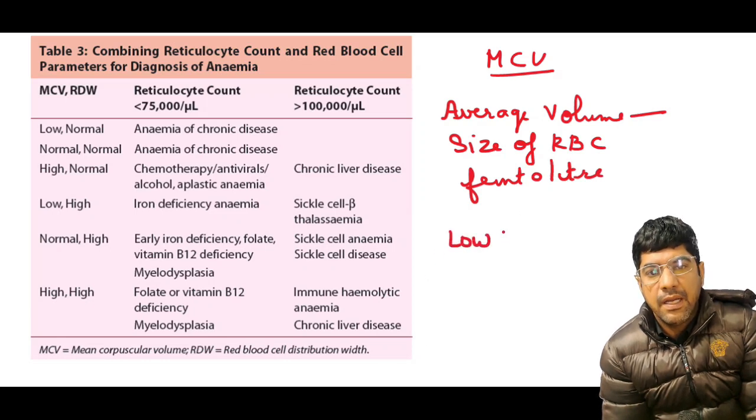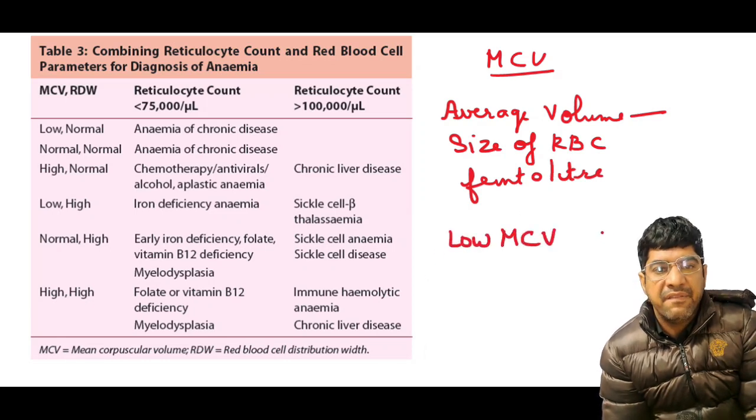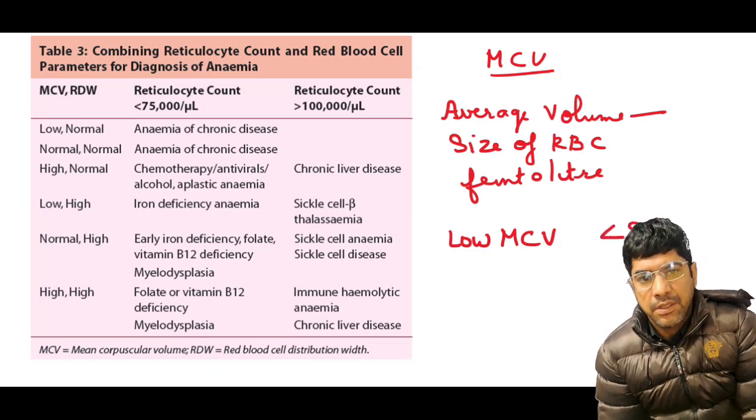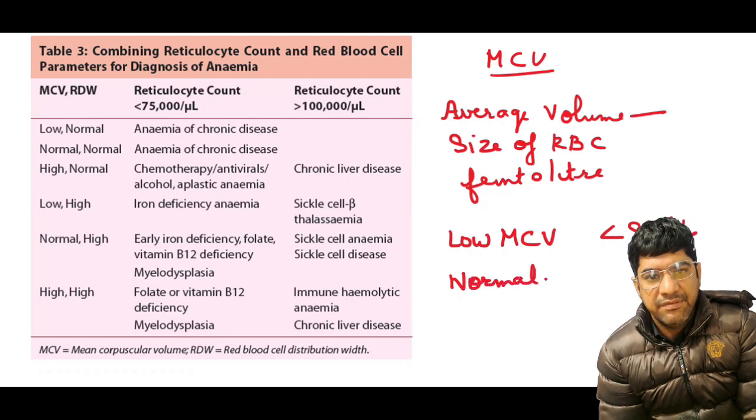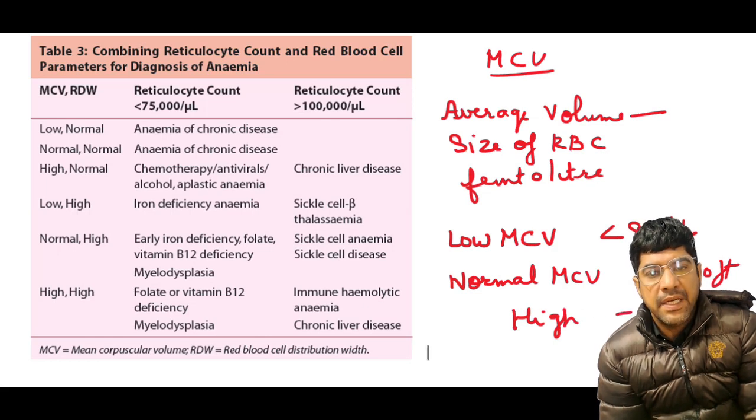It is often seen in conditions like iron deficiency and thalassemia. The normal MCV value is 80 to 100. It represents normocytic red blood cells with normal size. It is seen in anemia of chronic disease and hemolytic anemia. A higher MCV signifies macrocytic red blood cells,